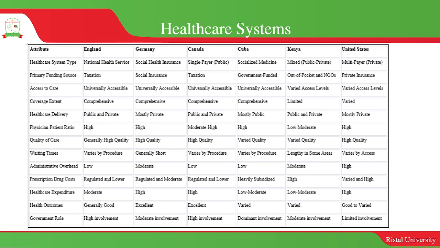Kenya is not extremely different from us. It has the citizens paying for their health services in private sector, that also they can go to public sector and get some of these services for free. So it is mixed. We have a lot of what we call out-of-pocket payments and a number of NGOs supporting. This is not what is happening with the other countries that I selected for this